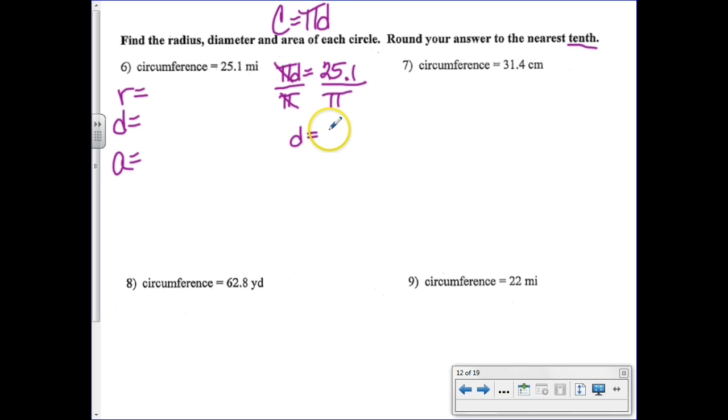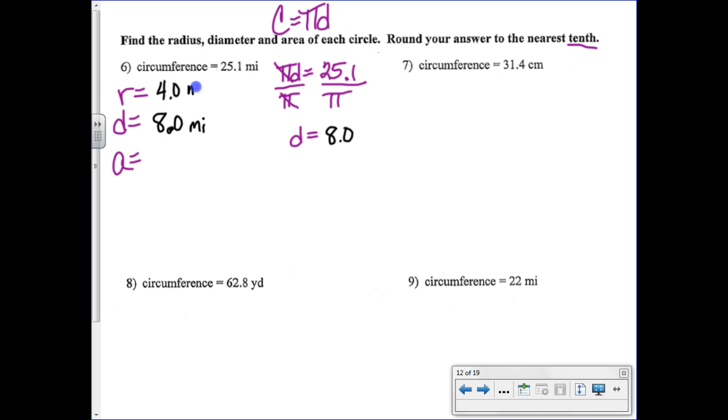And if I round that, 7.98, I have to round that to 8.0. So my diameter is around 8. I'm going to leave it with the 0.0 there. I'm in miles. Your radius is exactly half the size of the diameter, so it's simply dividing that by